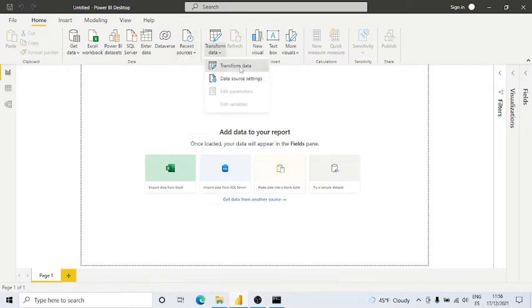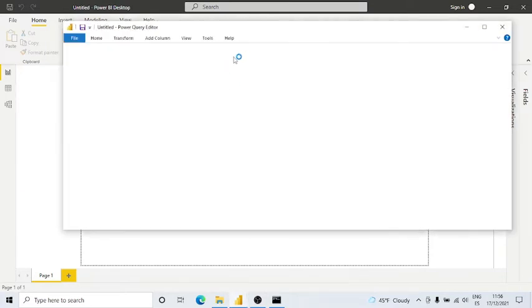Then we go to transform data. While it's loading, I'm going to get the endpoint from the API.